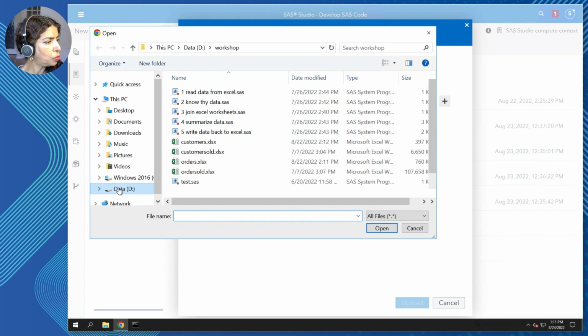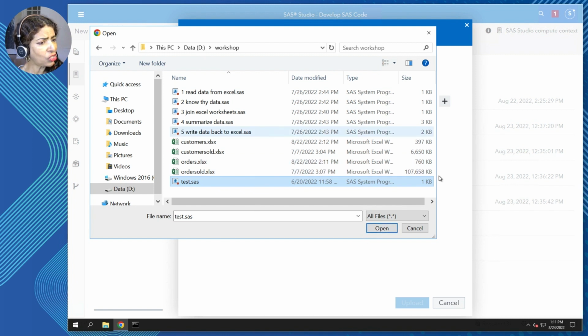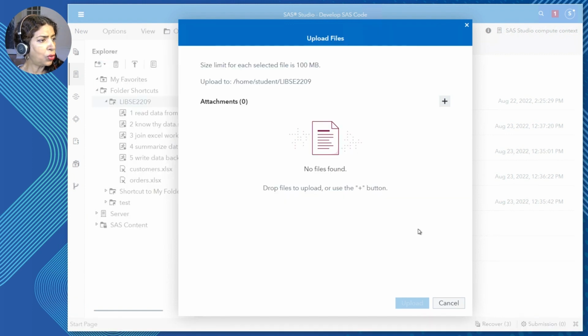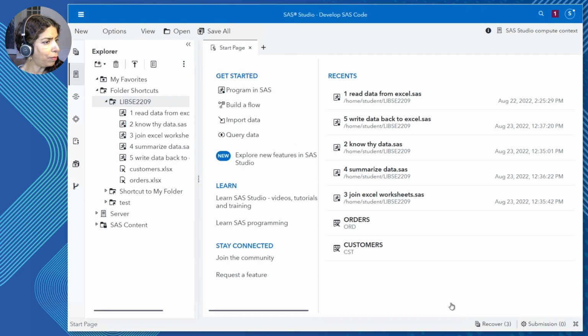And then I'll go to my D drive and the workshop folder where I know that I have a whole bunch of SAS programs and Excel workbooks. I'll open one up from there. I'm actually going to skip this step, but certainly if you want to, you can either choose a single file or with the control key depressed, you could choose multiple files that you wish to upload. Given that we've already done that, I'll cancel this step.